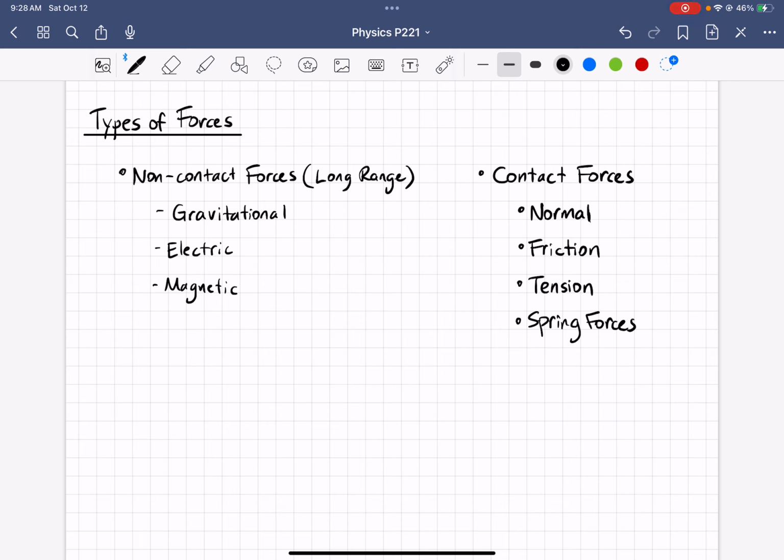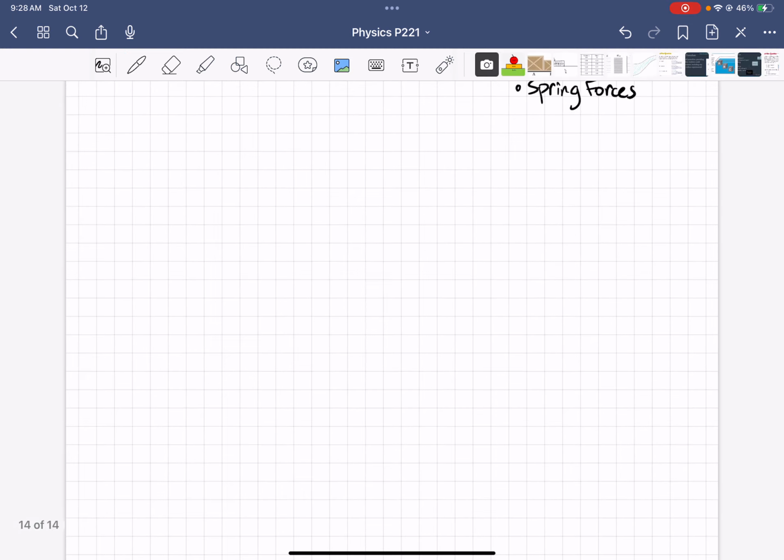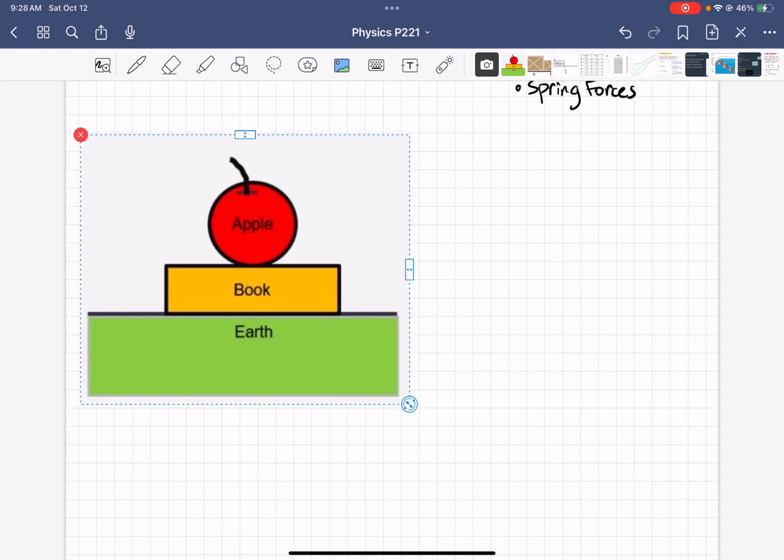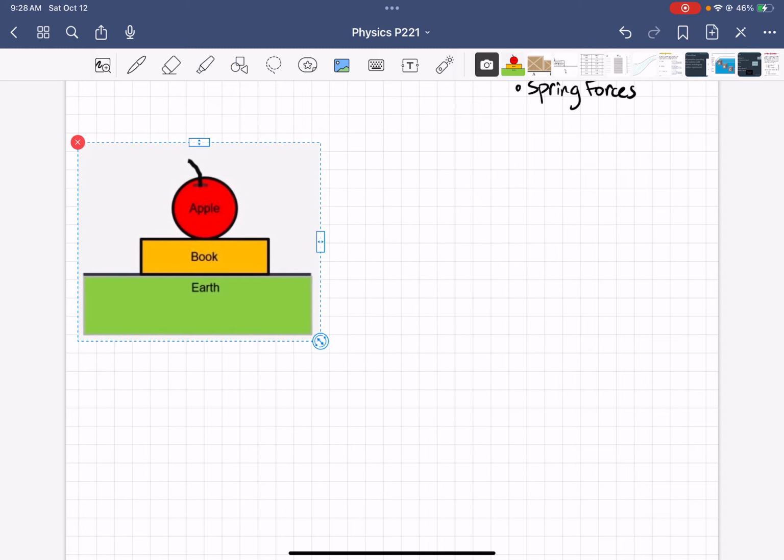So let's say we have a scenario, just something really simple like this, of an apple sitting on top of a book, sitting on the ground. And I want to know, what are all of the forces that are acting on the apple and acting on the book in this scenario. So what I can do is draw a sort of cartoon diagram, and this is, again, called an interaction diagram or a system schema. So the first thing I'm going to do is I'm just going to list all of the objects that seem to be involved in this scene, and they're sort of already labeled here in the picture for the most part, but off to the side I'll just draw maybe a bubble with the word apple in it,